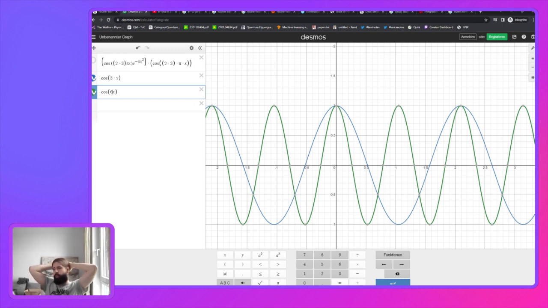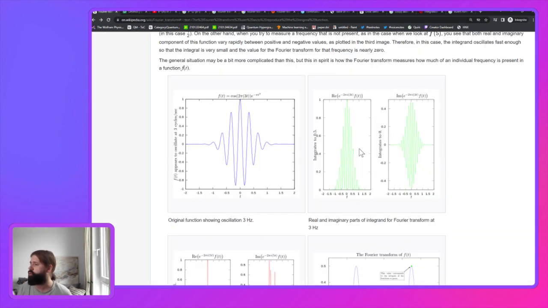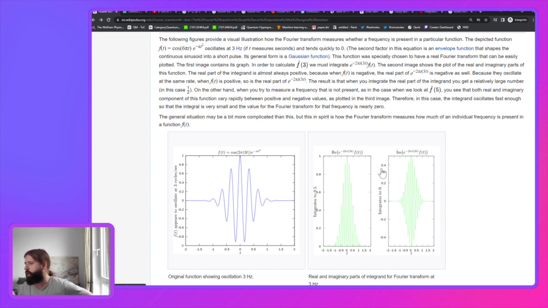Now it makes sense why we want to use an integral, and it makes sense why we want to use this e thing, because what this e does is it decomposes into the cosine and the sine. I don't know why it is necessary to generalize it so much that you kind of go to complex numbers. I don't know why you need to generalize it so much, but I guess in a way that makes sense. When the frequency is matching,